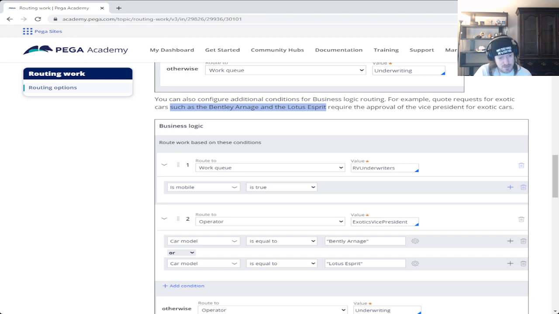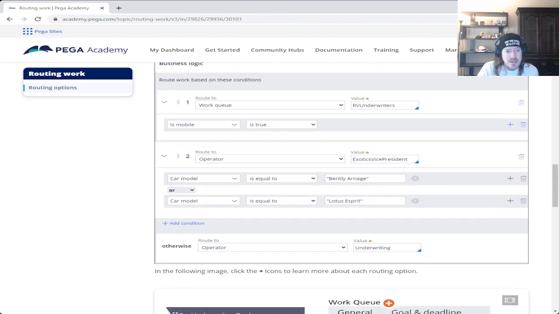What the hell are you doing here? This is like Pega going, oh boy, I really love these kind of cars, I better put them in. Why? You've already said you're talking about exotic cars. Done. Get it out of there. You don't need to provide examples of it. If anything, you can just do it right down here. Whatever. All right.